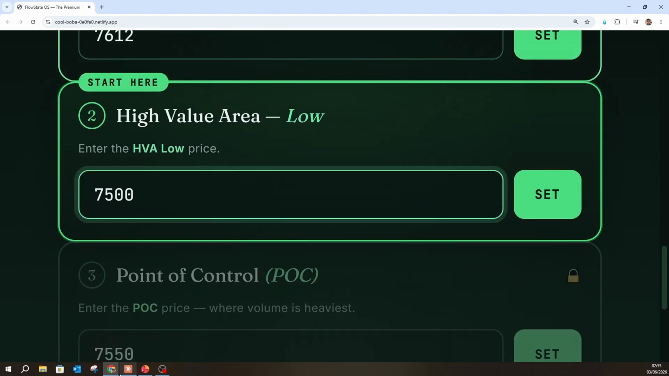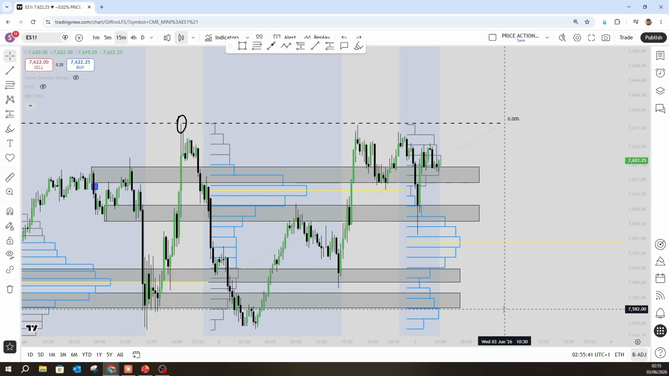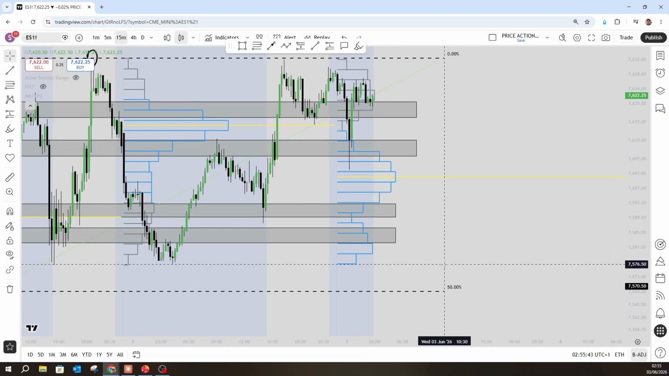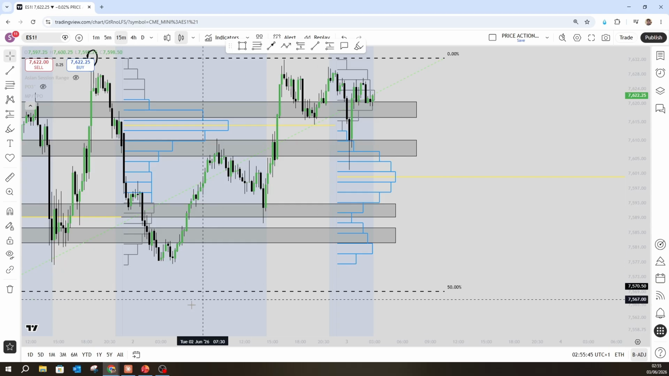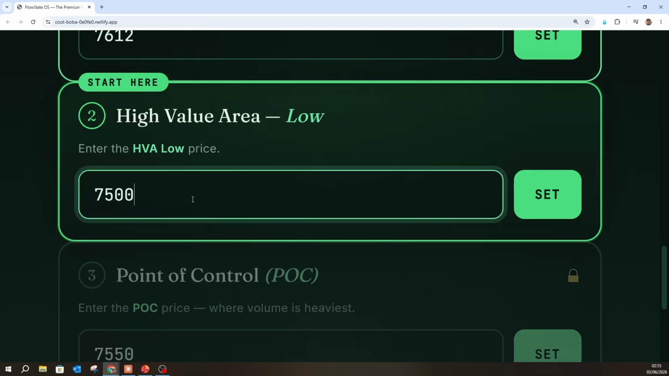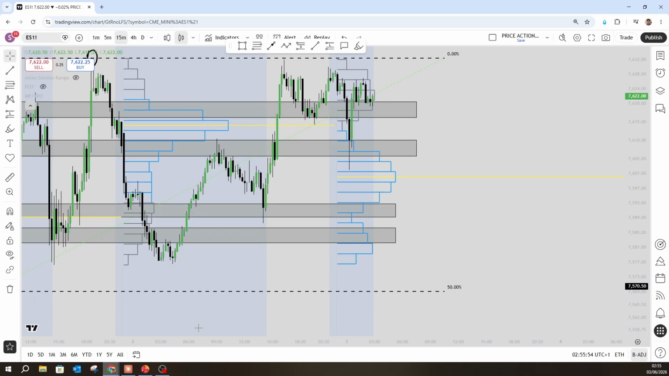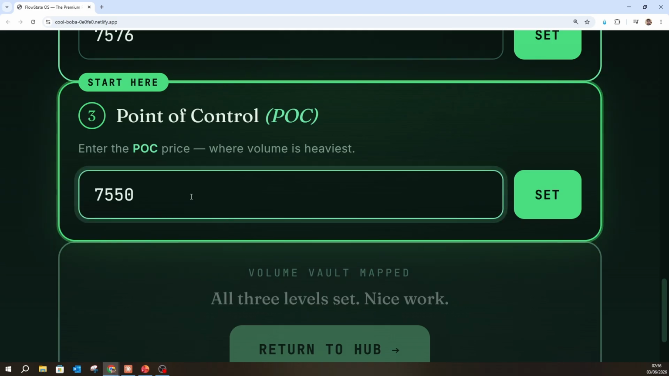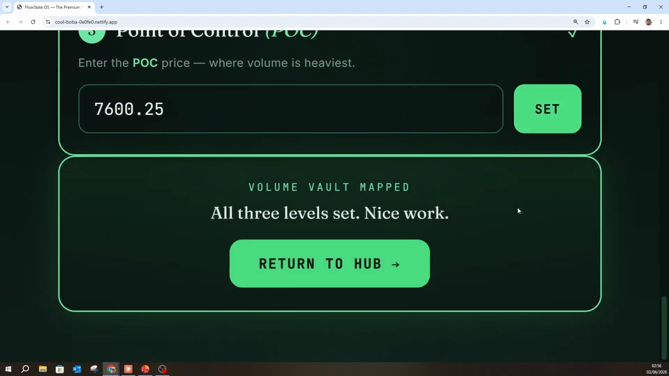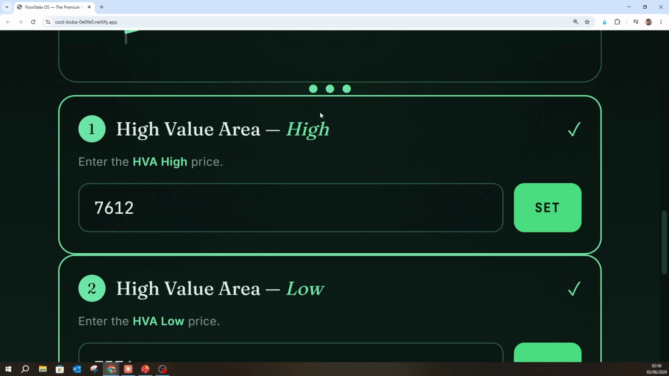Now the low volume area is the same principle. This is going to be 75.76. And then the point of control is going to be that yellow line. The point of control, I make that 76.25, so you type in 7600.25. And once all three of them are done, notice how the system, the FlowState OS app, is